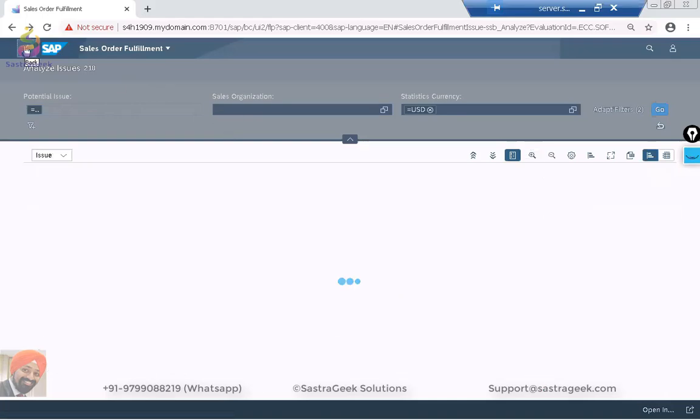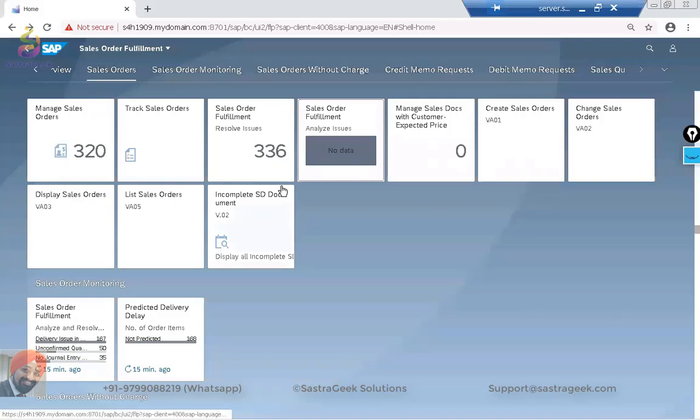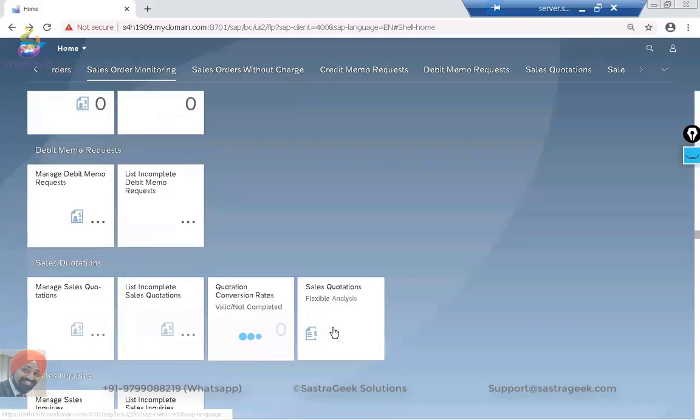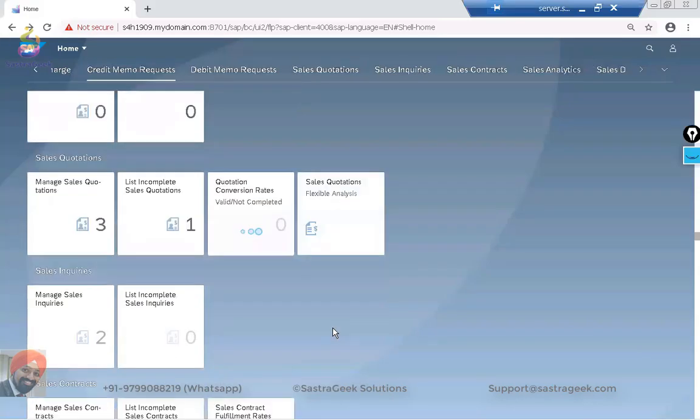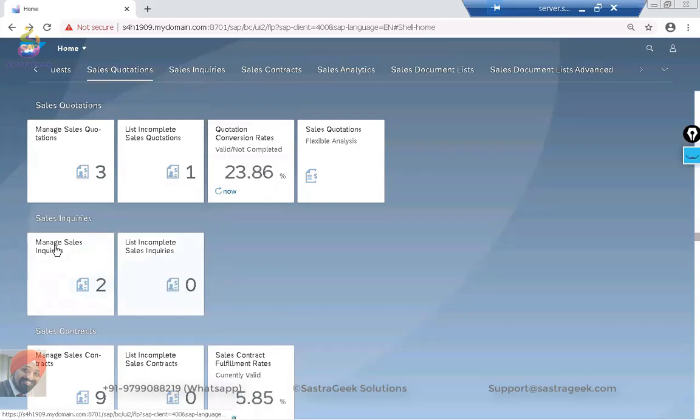I just want to quickly also show you some more part related to inquiry and quotation that has been provided by SAP in that area. Not much improvement, but a few things are available. So if we start our process with inquiry, there are two applications given. One is manage sales inquiry, and second is list of incomplete sales inquiry. So if you go into the manage sales inquiries,